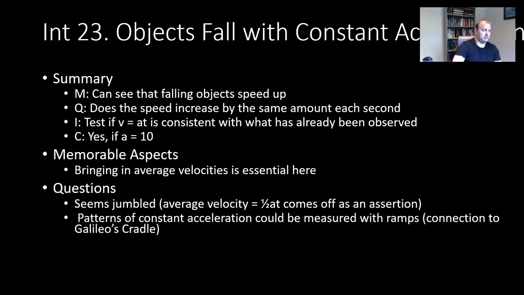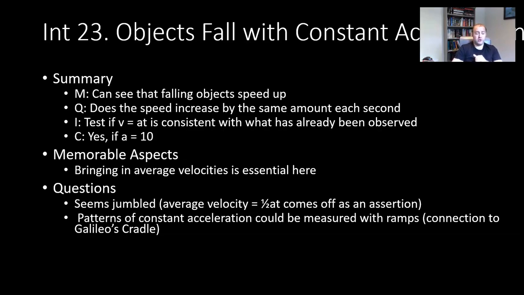So jumping off of that, I do think that constant accelerations and the patterns associated with constant acceleration, namely what the average velocities look like under constant acceleration, could be done fairly easily with ramps. And you have the connection to Galileo's cradle that Galileo had already been doing. And if you just have a ramp where you measure the velocity when it comes off the ramp and it's no longer speeding up or slowing down, you can start to get these connections between velocity, time, acceleration, and